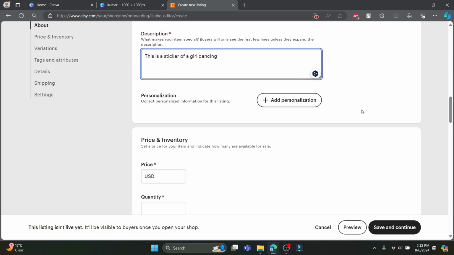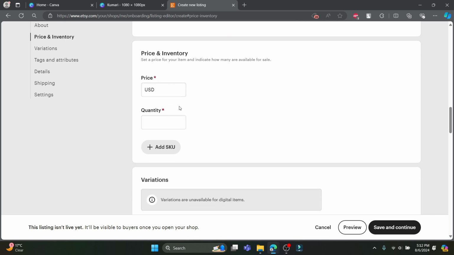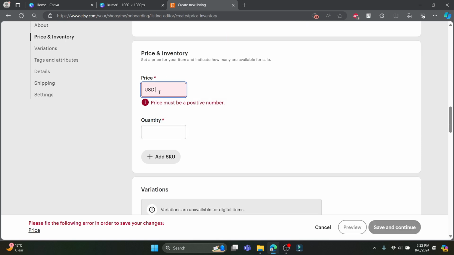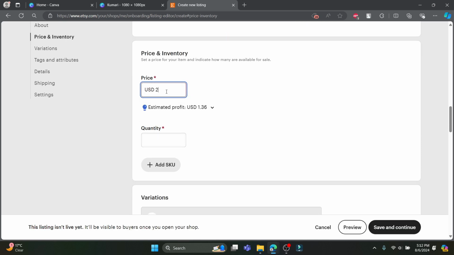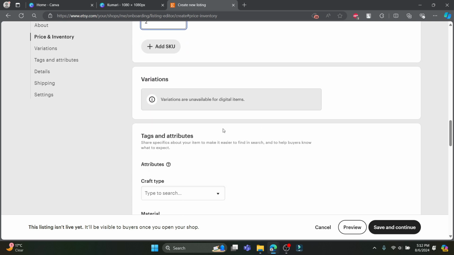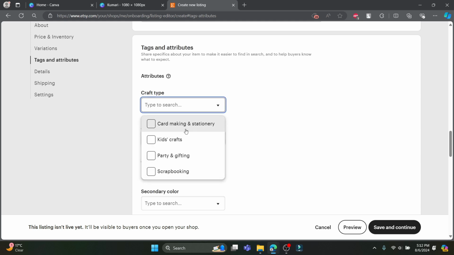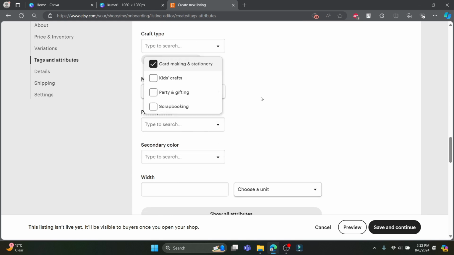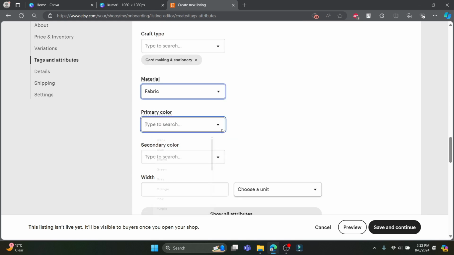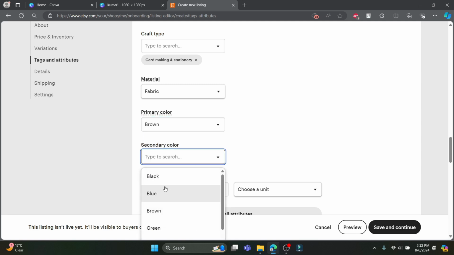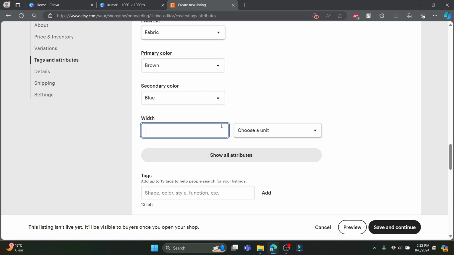After that, scroll a bit down and you can see the price in inventory. Go ahead and write down the price of it over here. The quantity, the variation is not there. Go ahead and click on the tags over here. So you can see there are a lot of tags. You can choose the material, you can choose the secondary color, the width of it,